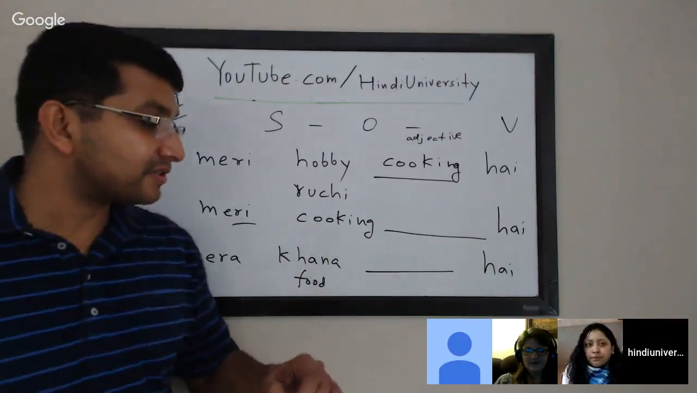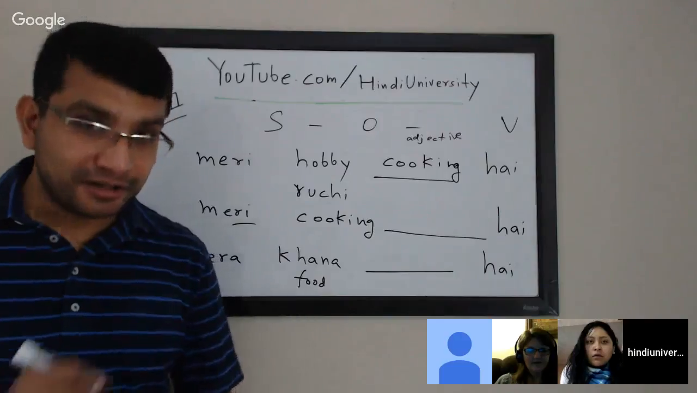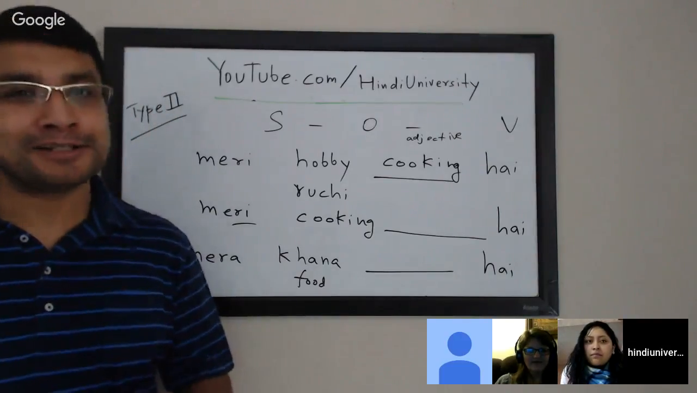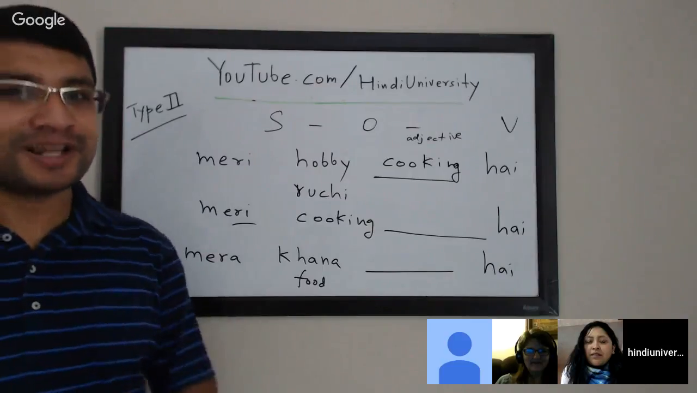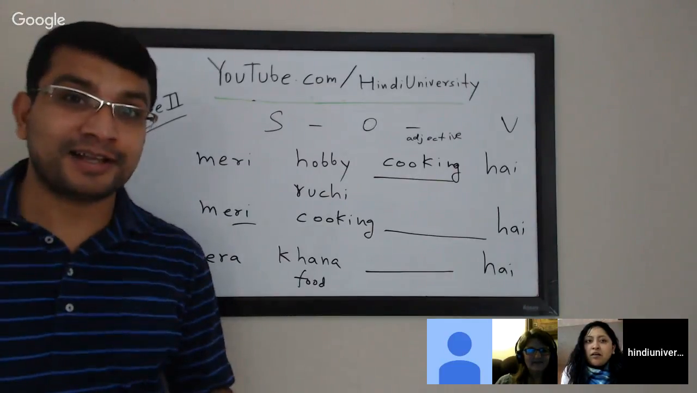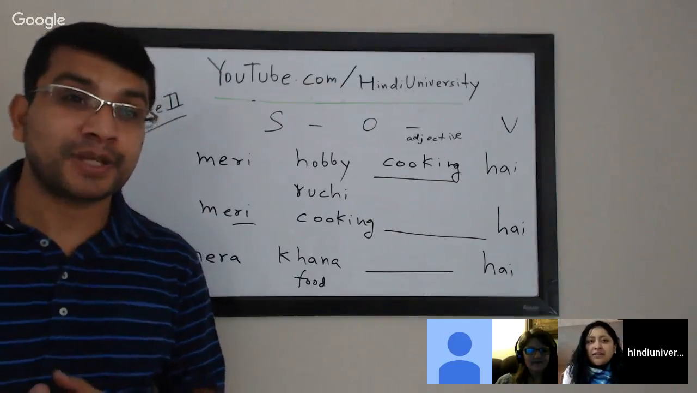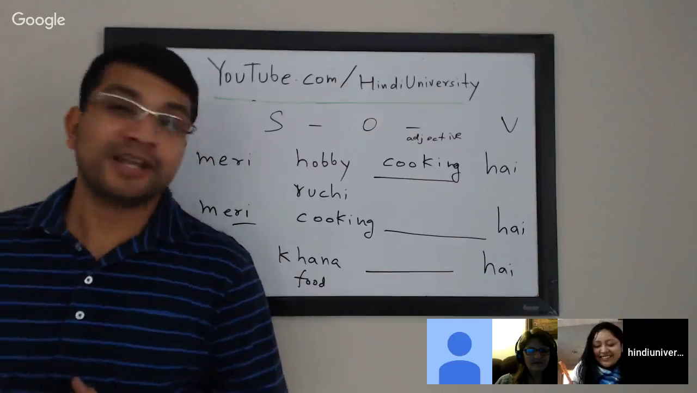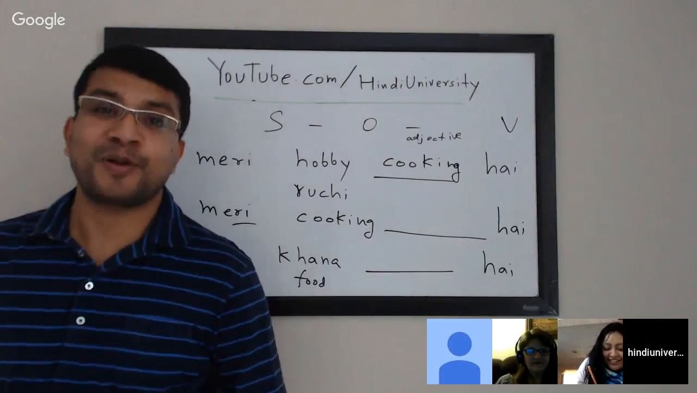I'm not writing it because you will immediately start writing it in a notebook and you will not think. But the intent is that you have to start thinking. Stop writing and start thinking more and more. Okay. मेरा खाना मसालेदार है और मेरा खाना स्पाइसी है. Okay. और मेरा खाना स्पाइसी नहीं है. Okay. मेरा खाना वेजिटेरियन है और मेरा खाना